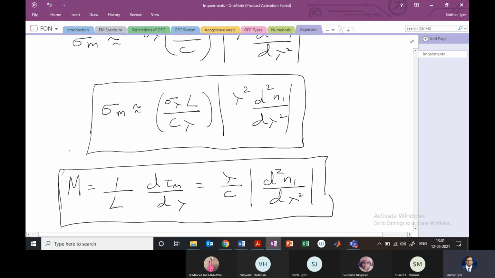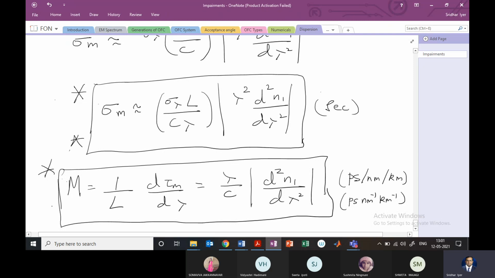The units are very, very important. The units for this material dispersion will be usually picoseconds, but it can also be nanosecond, but usually it will be picosecond per nanometer per kilometer. You can also write this as picosecond, nanometer inverse, kilometer inverse. The sigma m will be in seconds. So usually you will get in some nanoseconds or milliseconds. So very important equations.